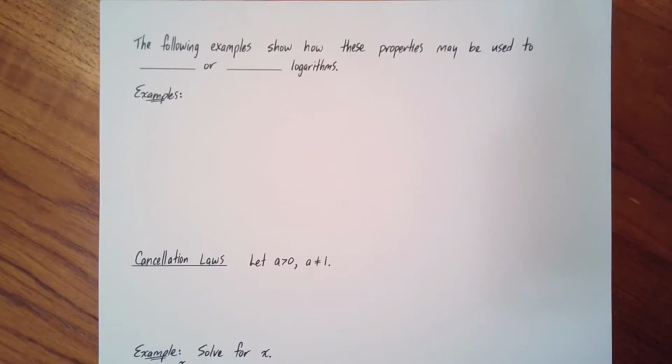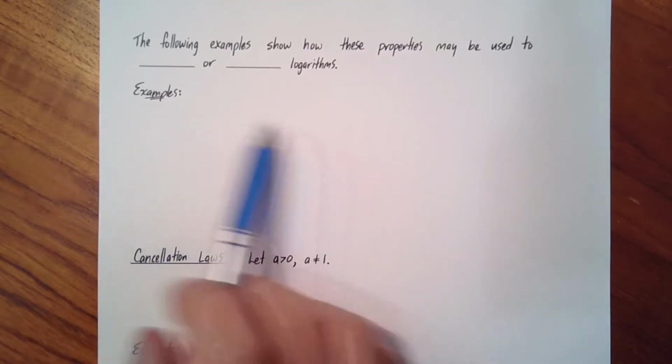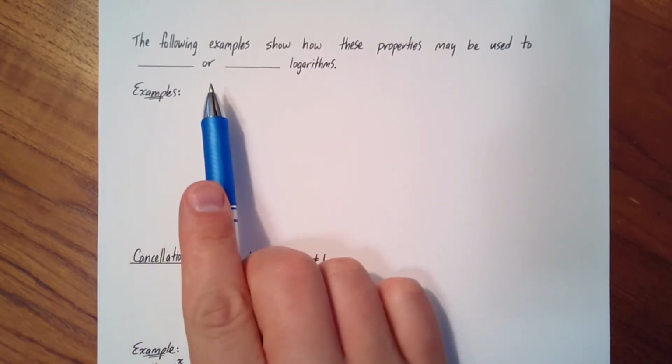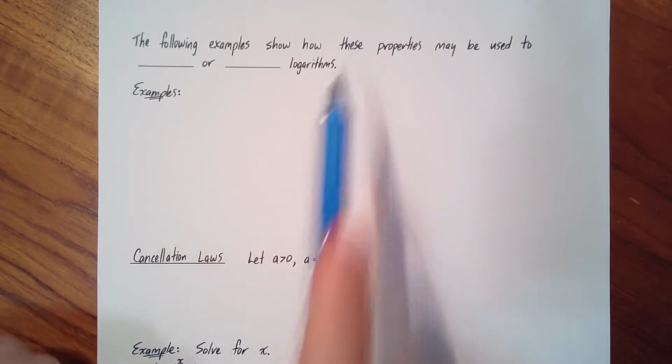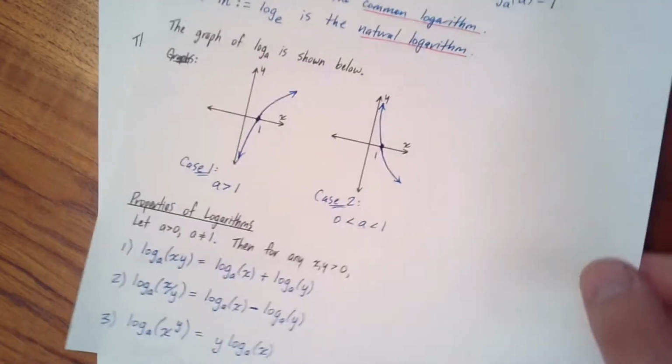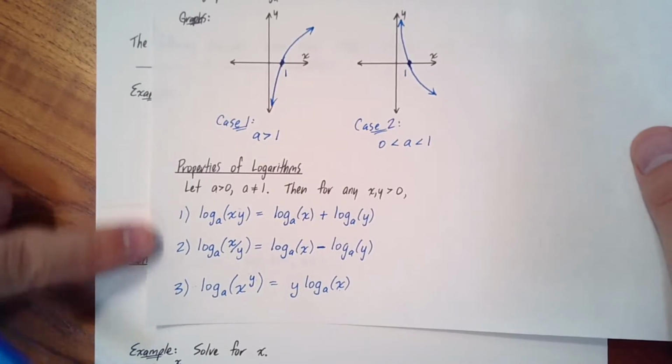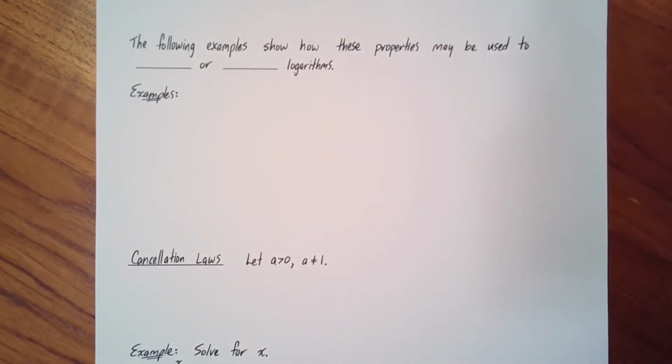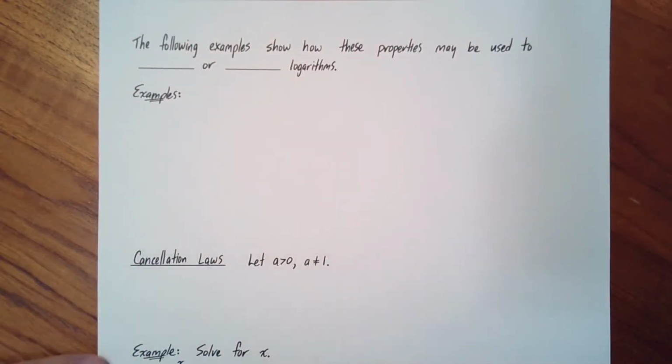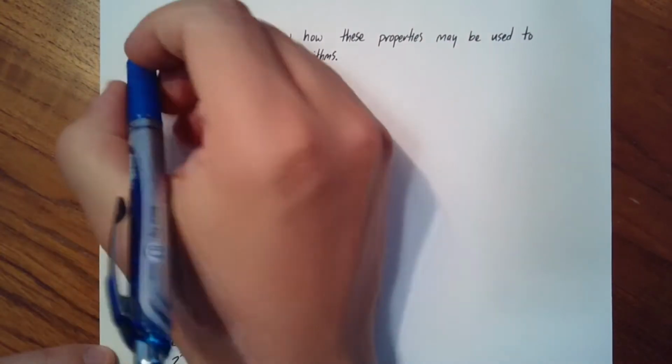Okay, so now that we've talked about logarithmic functions and a few other properties, let's look at examples on how we can use those properties. The following examples will show how these properties, the three at the bottom of the previous page, can be used to do one of two things. You'll either expand a logarithm,